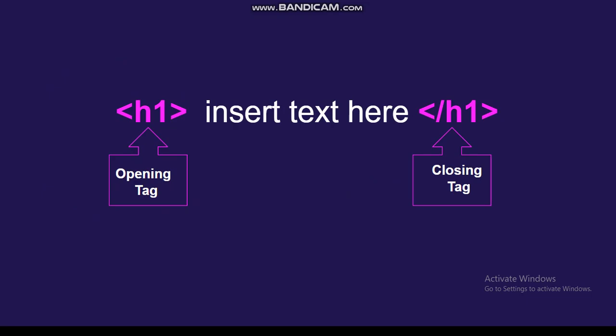So there are basically two types of HTML tag. The first one which I'm going to show you is the tags which have both opening and closing tags. These tags actually require an opening section and a closing section, and the difference between opening and closing is just that in the closing tag there is a slash before the tag name, and in between the opening and closing tags you insert your text.